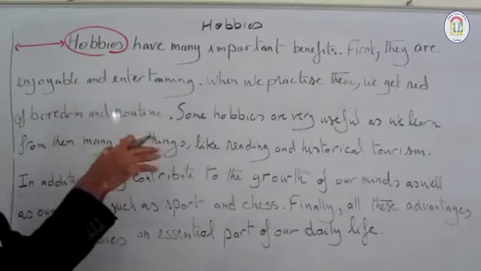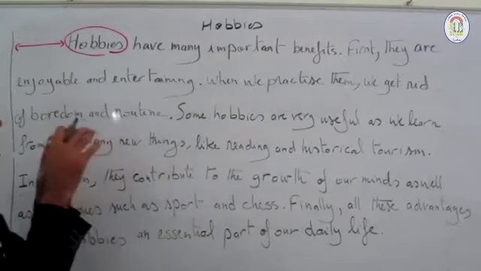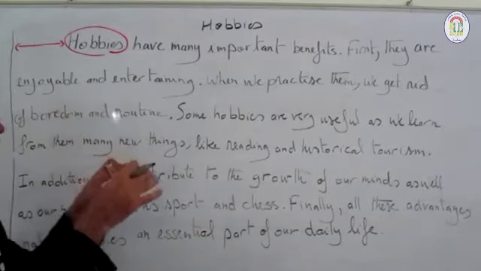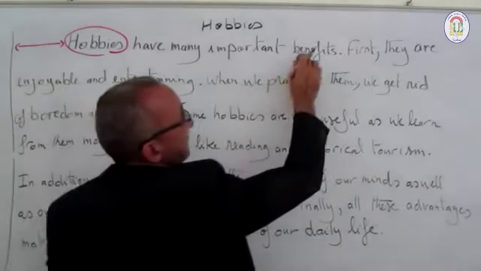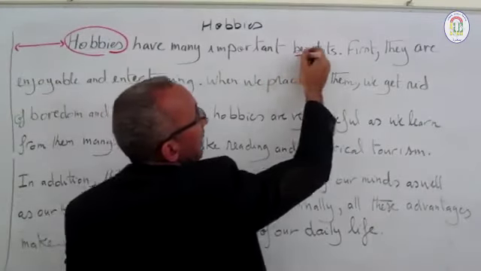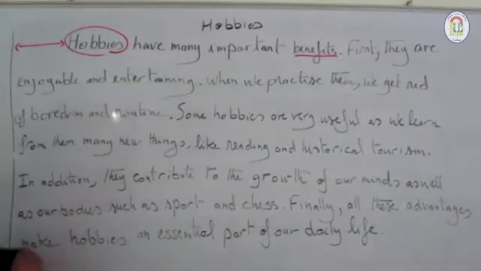But I specified my topic, and limited it and narrowed it down, to focus mainly, to develop mainly one specific and single idea, which is benefits. So here, the first sentence, which is my